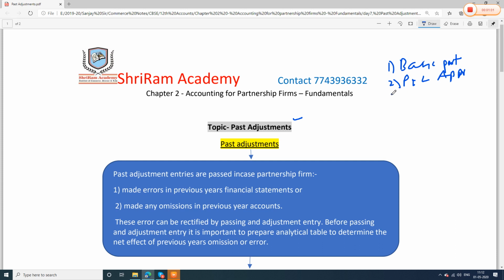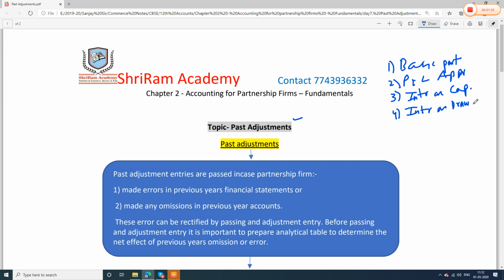Next, point number 3 that we have discussed is calculation of interest on capital, if you remember. So interest on capital, when it will be charged, when it will be an appropriation, we have solved illustrations on that. Very important topic this is also. The fourth topic from this chapter which is important is calculation of interest on drawings. How would you calculate interest on drawings? And we have seen various cases.